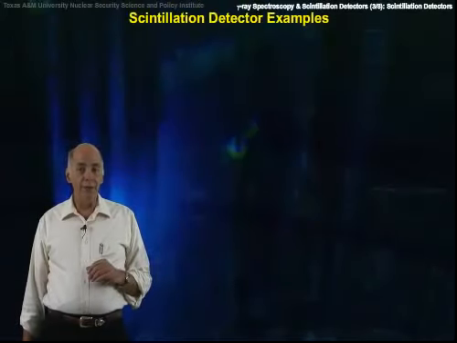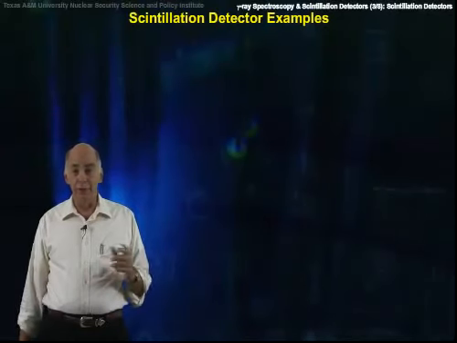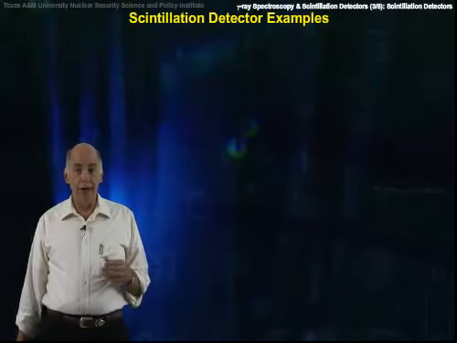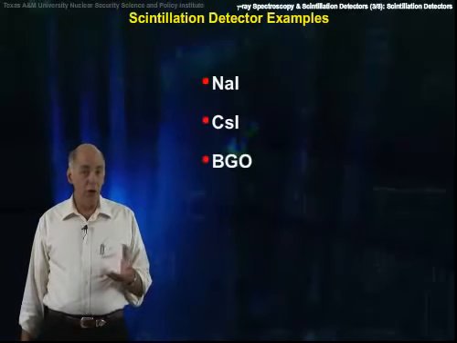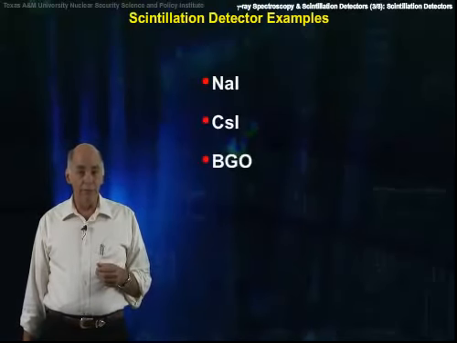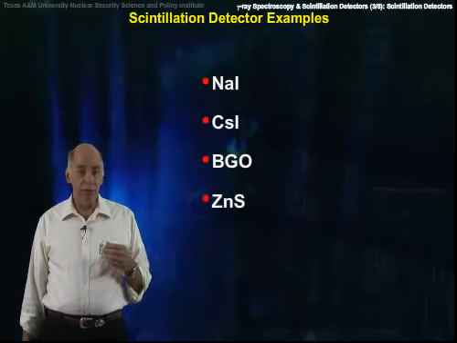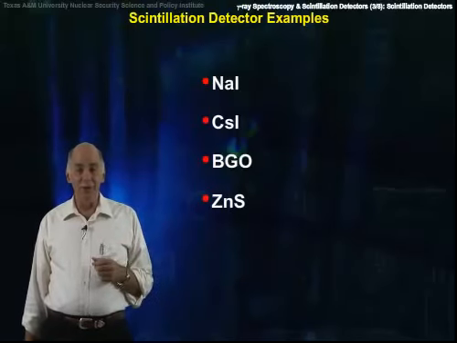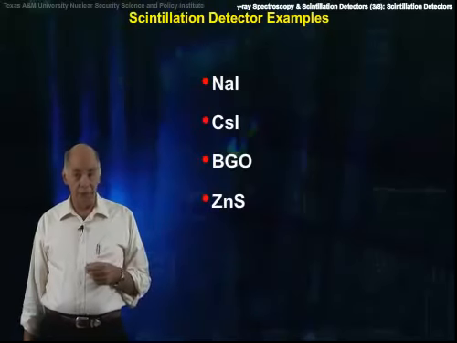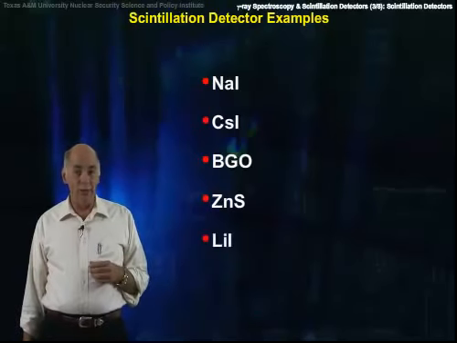Many different scintillation materials are used for detectors. Some of the more common are sodium iodide, cesium iodide, BGO, which is chemist lingo for bismuth germanium oxide, zinc sulfide, which is the great-granddaddy of all scintillating materials. This was the original material that Rutherford used to do his scattering experiments, and lithium iodide, which is used as